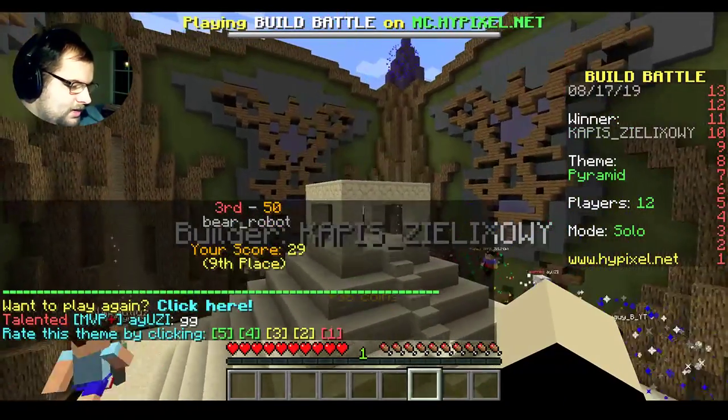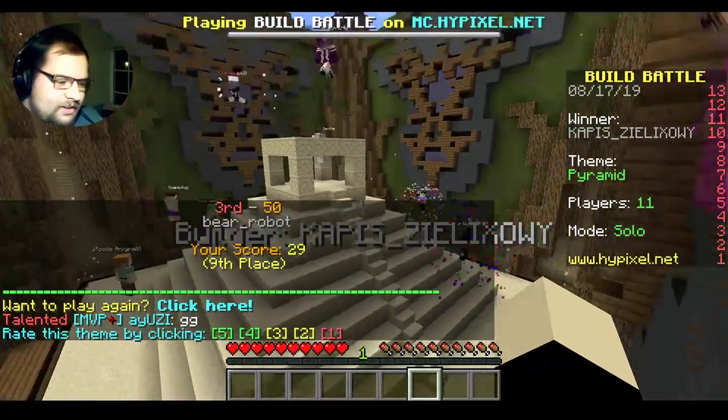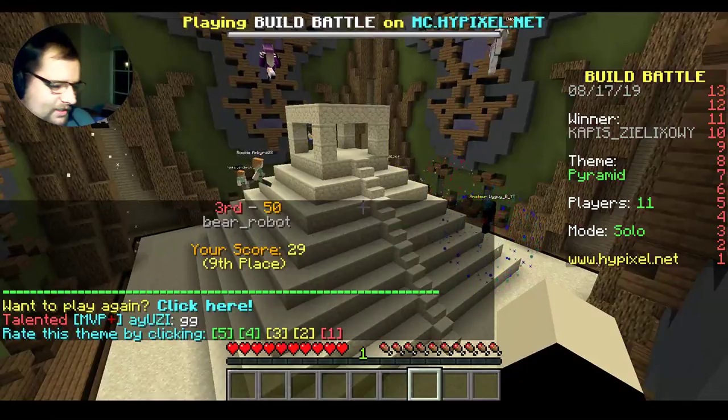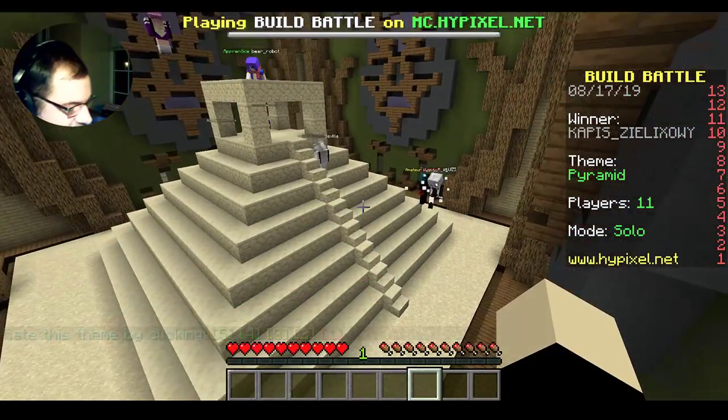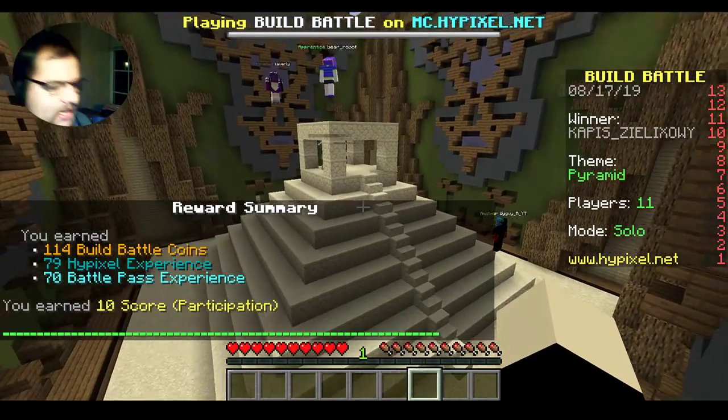How did I do? How did I do? 9th place. I thought I did pretty good. I was gonna do that stair thing. That's not what a pyramid looks like. All right. Well,